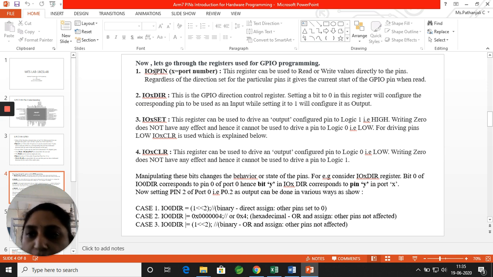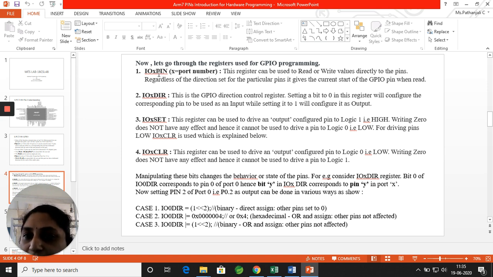It can be port 0 or port 1. So if I put IO0PIN, it indicates port 0, which we are going to use. This port pin tells me which pin you are going to use for your hardware.